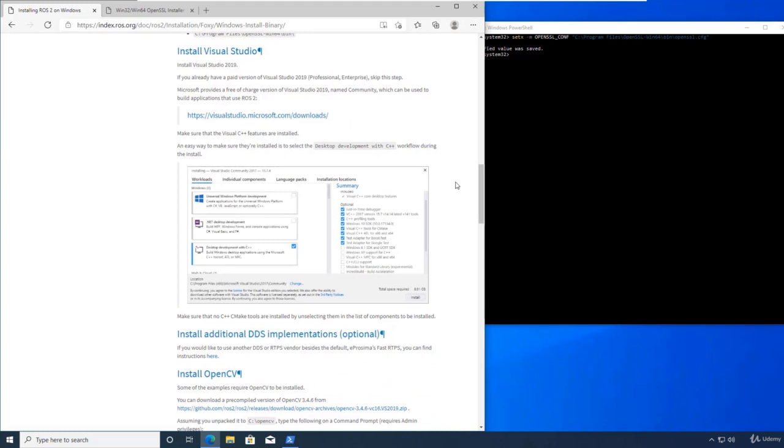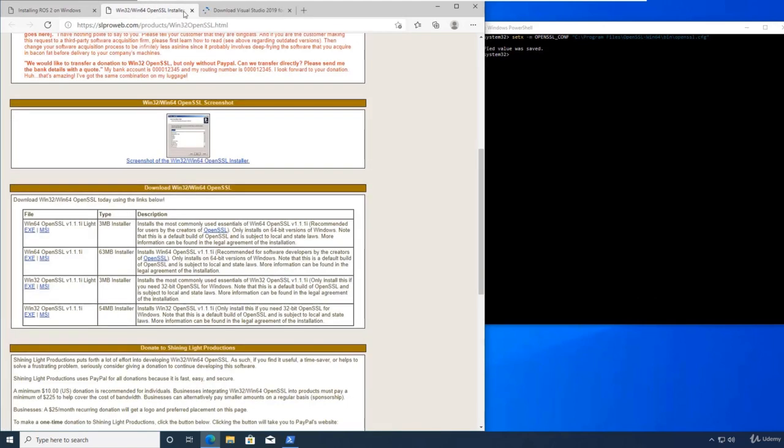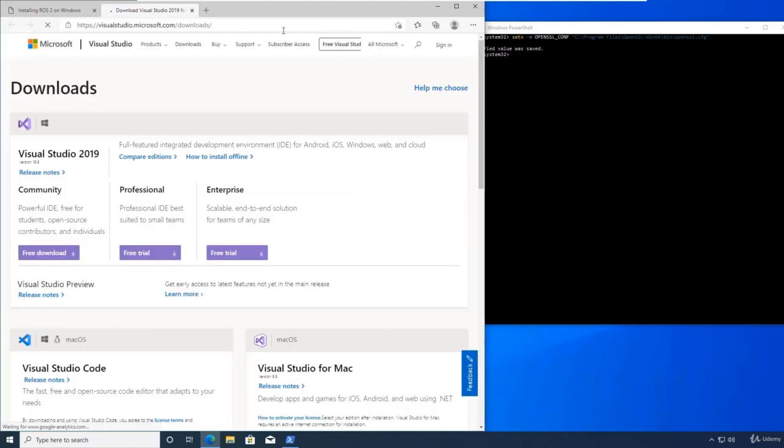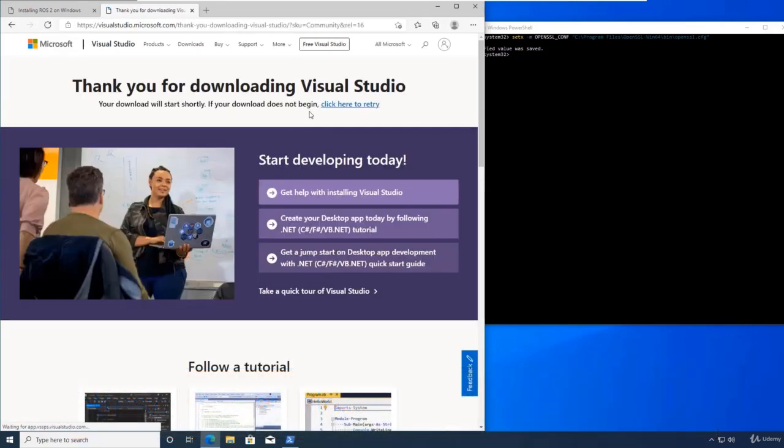Next, we will install Visual Studio 2019. I will not be using Visual Studio as a code editor, but ROS needs all the Visual C++ features that come with it. So we will head over to the Downloads page. I can go ahead and close our OpenSSL webpage, and we will download the free Community Edition of Visual Studio 2019. So I'll click on the Download button,